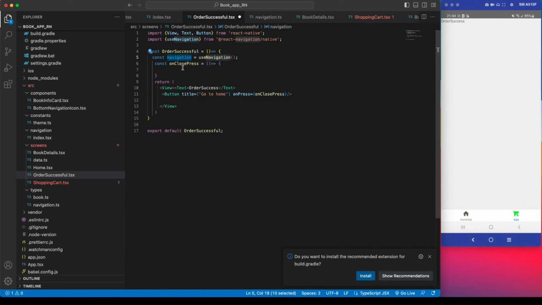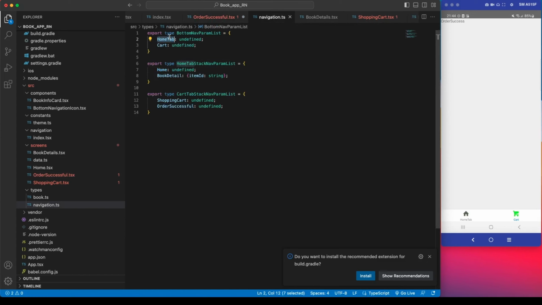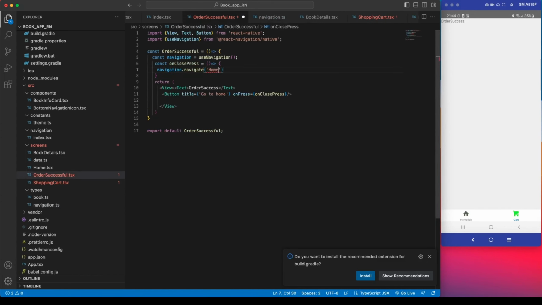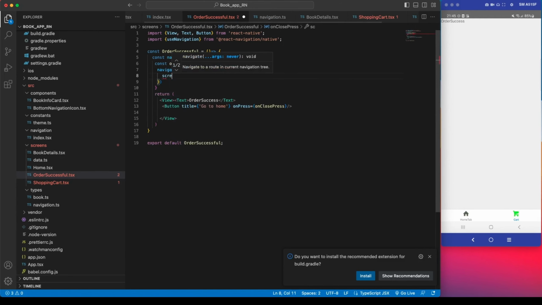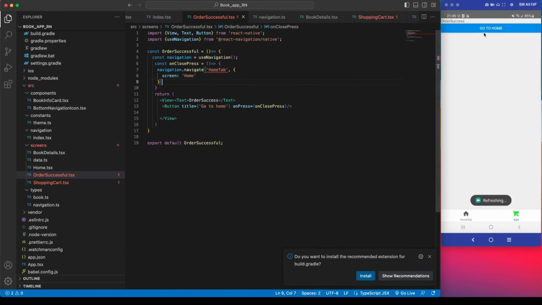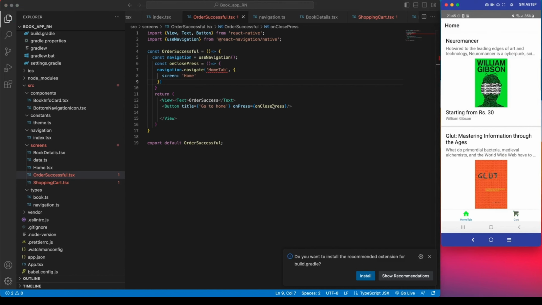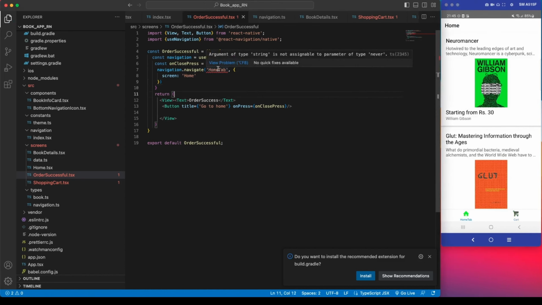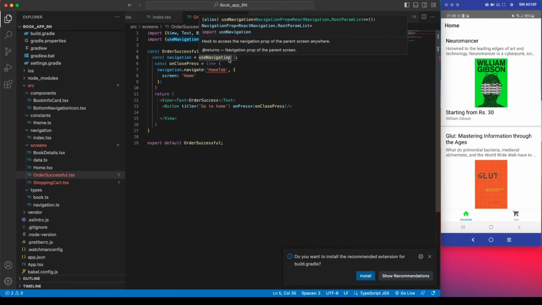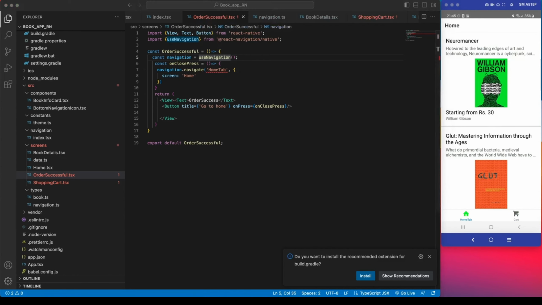This process is helpful when there are nested screens, like inside this screen there is another screen. With navigate, what we will do is first go to this home tab, and inside the home tab there will be a screen prop where we will set the home. It came to here, but there is a type error. Now we have to solve this by types, and we have to pass some kind of props here,